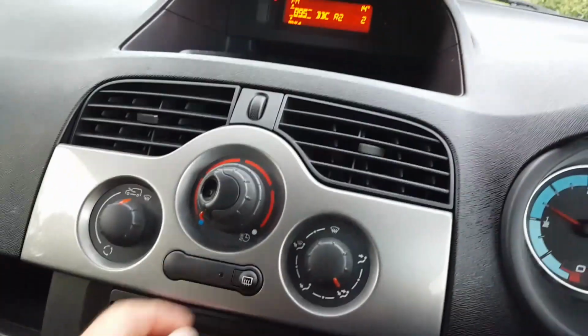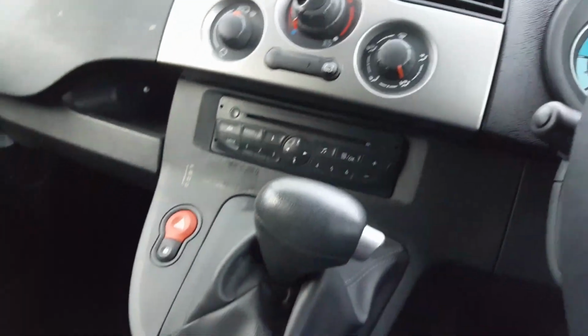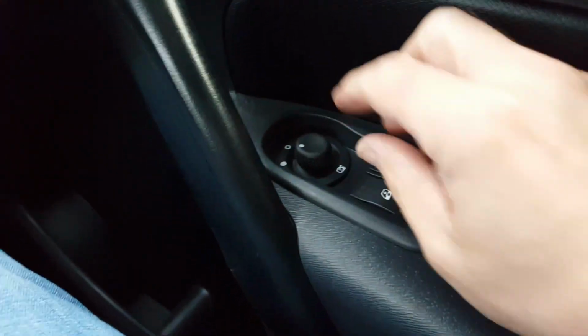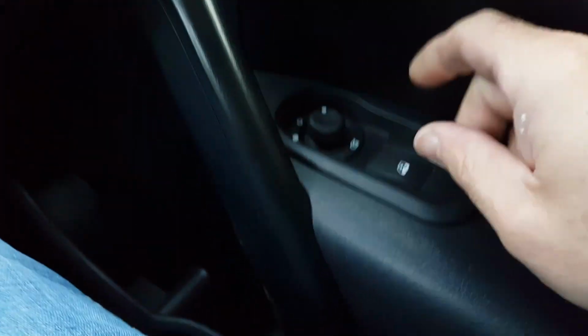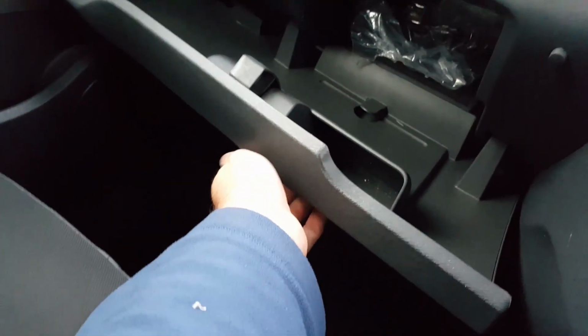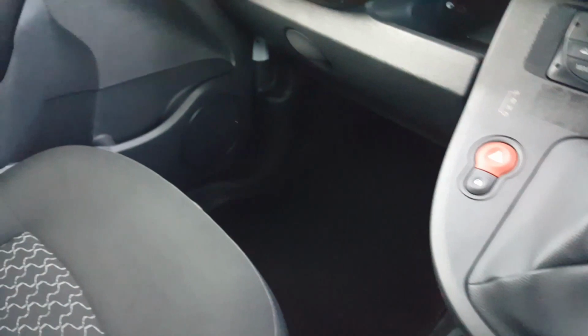So there we go, no messages available, i.e. no faults. And then we've got the stereo here, screen at the top there, all that works, heating. We've also got electric windows, electric mirrors, but what this one's got, which they don't normally have, is electric folding mirrors. And then a big glove box down there. And then paperwork wise,